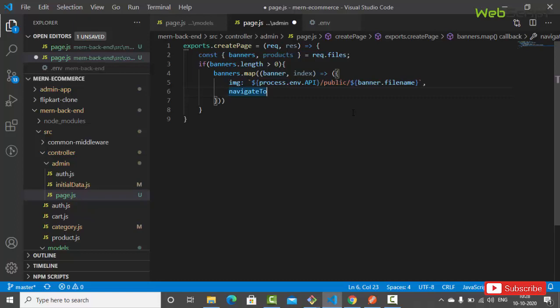Okay, next we are going to have navigate to. So we are going to expect a few things from the request body. So here we'll say / and it is a banner, right? So we'll add some flag just to identify if it's a banner or what it is. So we'll say simply banner